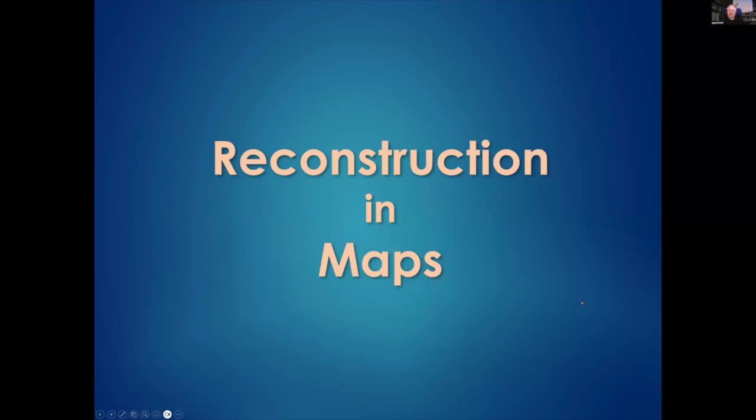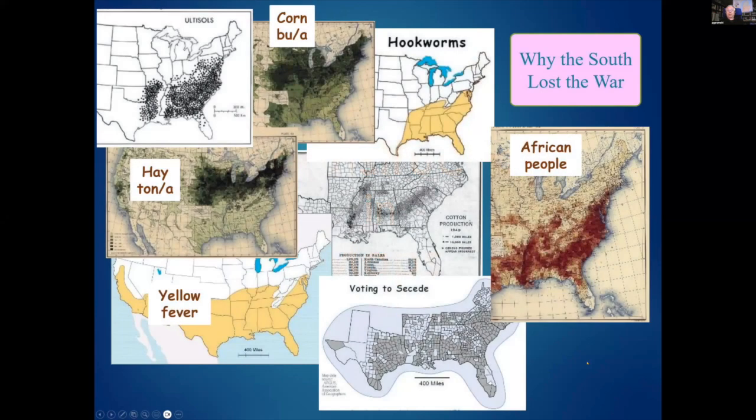And this is a kind of odd positioning for this because, in fact, what it is is a handful of maps, just like the Why the South Lost package was, that you can cut apart and use in different places as just showing what was going on in Reconstruction. And we want to start out with a quick review of what they've already seen to say